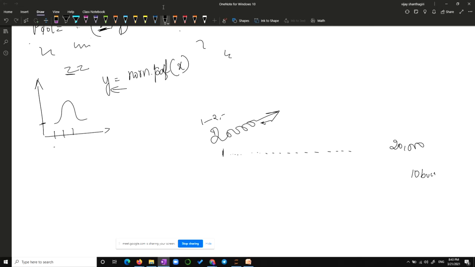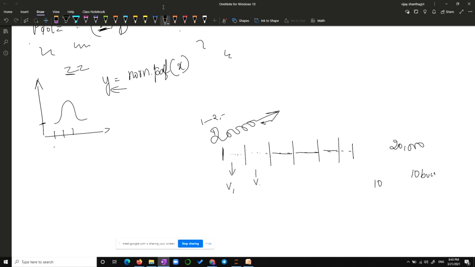If I divide this into 10 buckets, we will have 2,000 in each bucket. This is sequential, not random. From first to last, the first 2,000 is one bucket, the second 2,000 another bucket, the third 2,000 another bucket. So now we have 10 buckets in total, and the mean of each bucket is one new value.